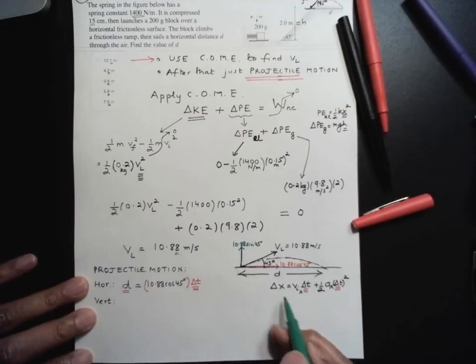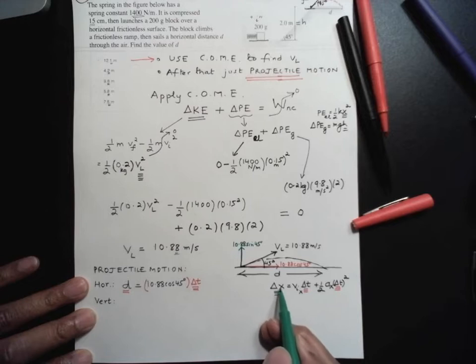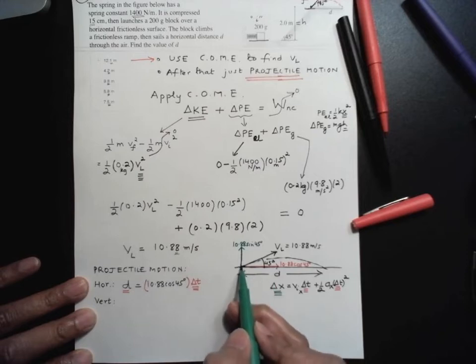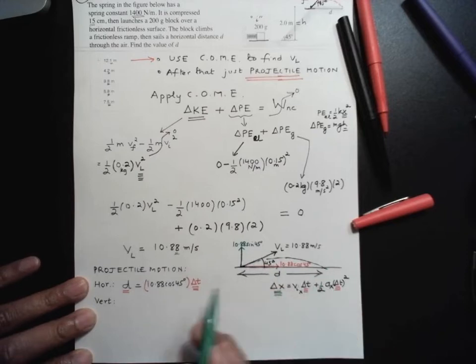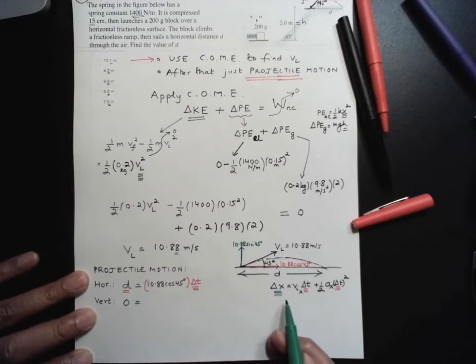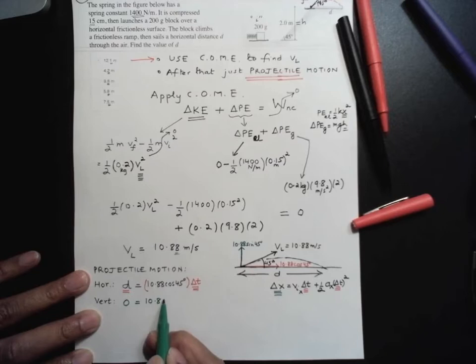All right, and so in the vertical direction, what's your change in position? Well, you started from 0 and you came back to 0. So 0. And what's your initial velocity in the vertical direction? Well, we just said 10.88 sine 45